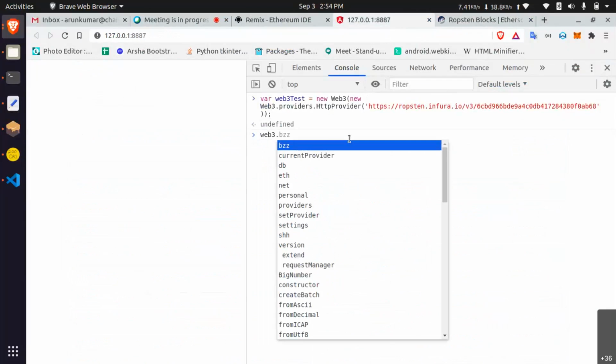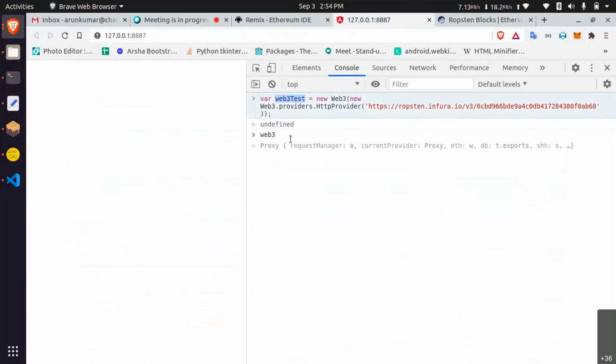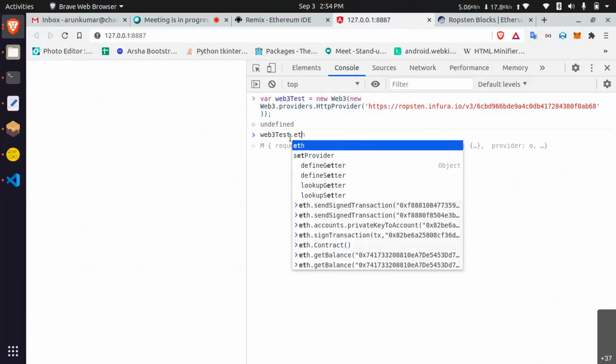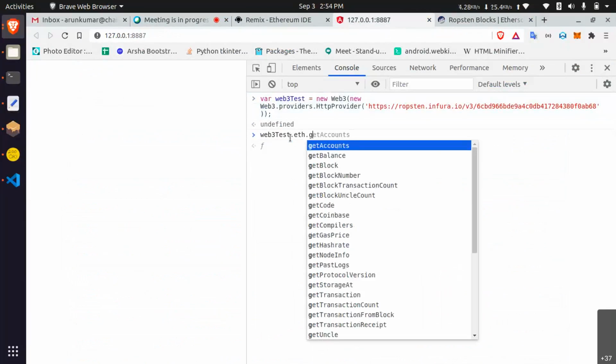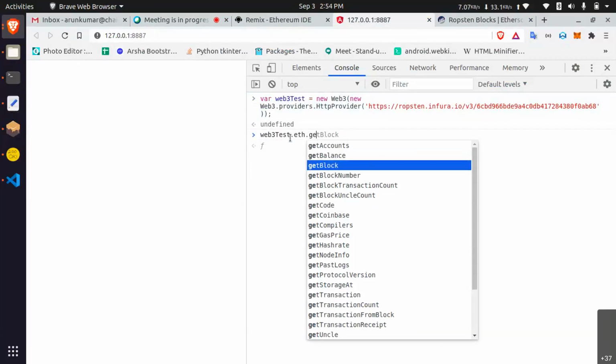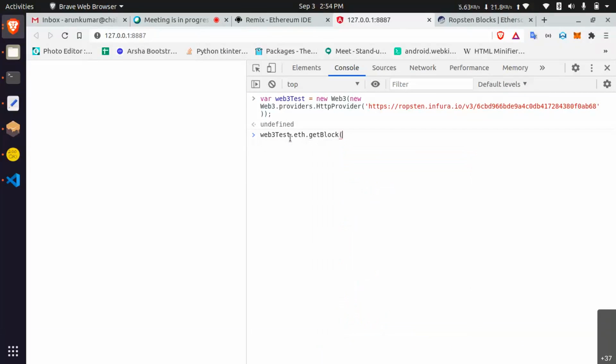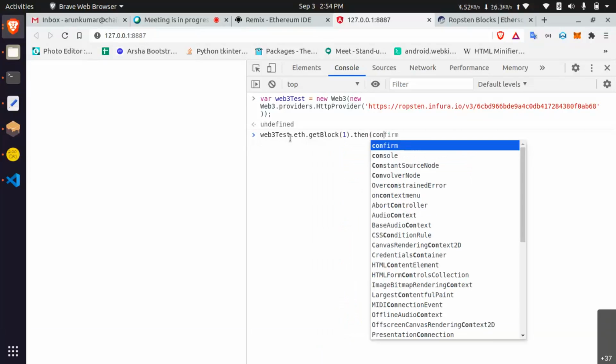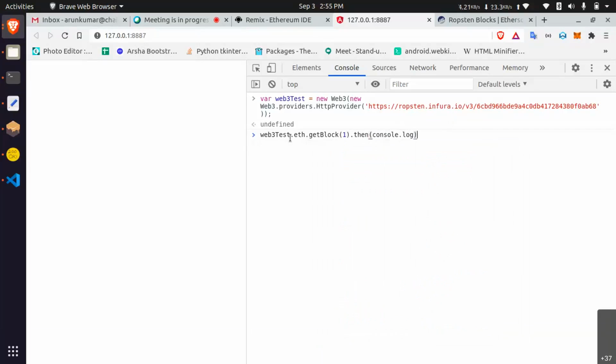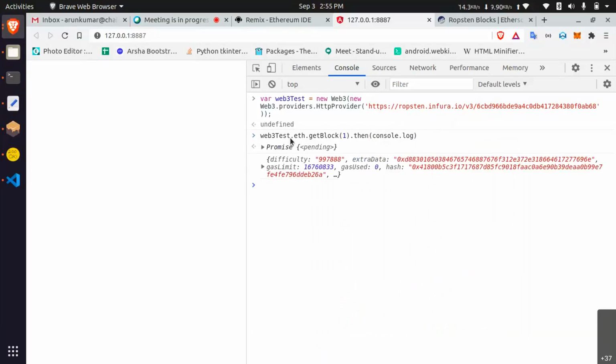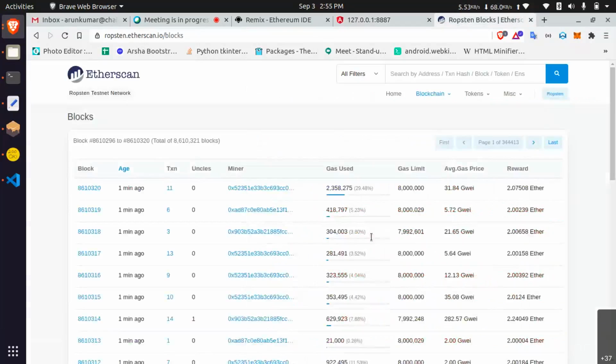Web3, sorry, web3Test is our variable, dot eth dot getBlock. If you enter one, it will give the first block. You can see that I'm just opening the first block.